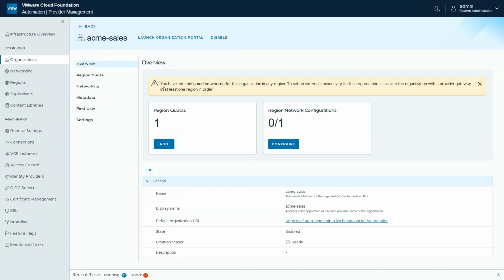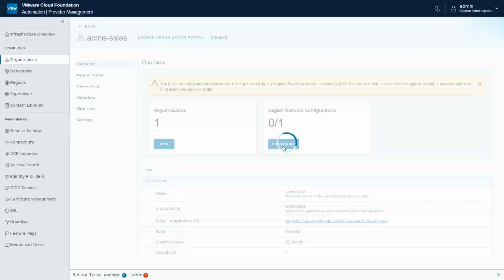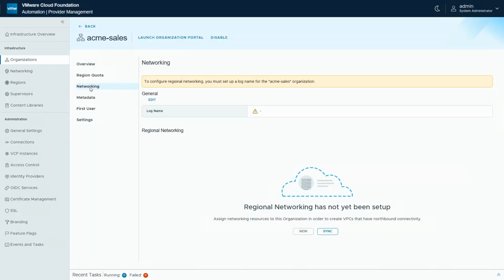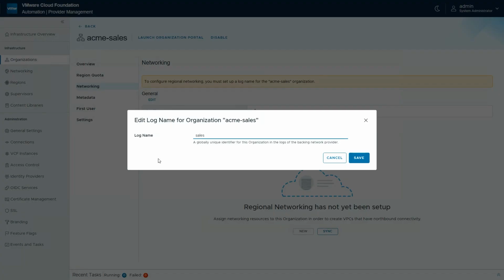We can see it clearly on the page when we click on the organization. It says we have not configured networking for this organization in any region. So let's go ahead and configure a region network configuration so we can set up external connectivity for the ACME Sales organization. Clicking on configure or going to the networking menu takes us to the section where we can set up our regional networking. The first thing we need to do is set up a log name for the ACME Sales organization. So I'm going to click edit and provide a log name with the name of the organization. This is a globally unique identifier